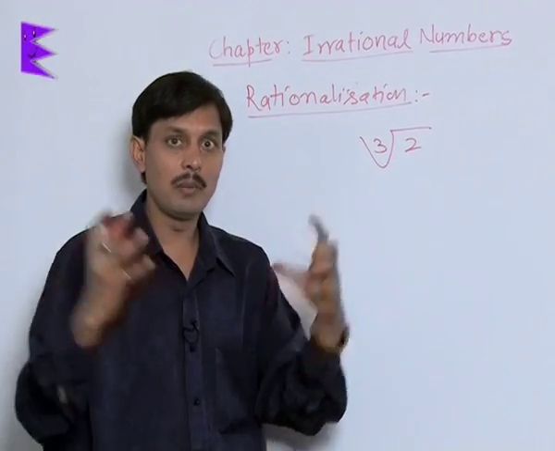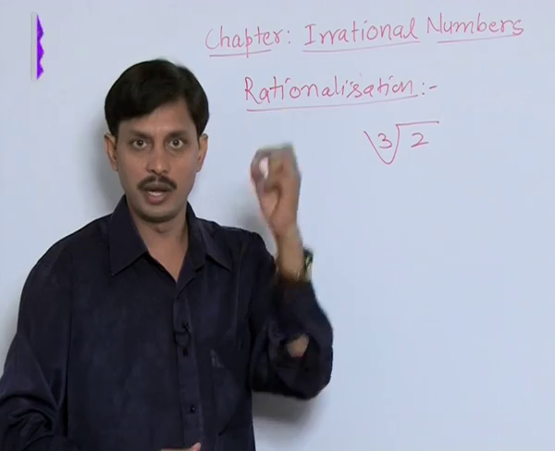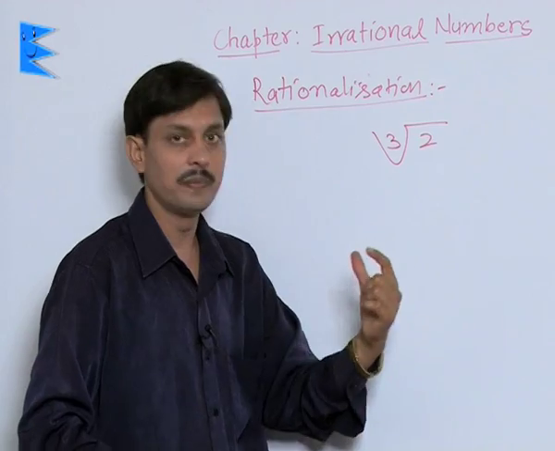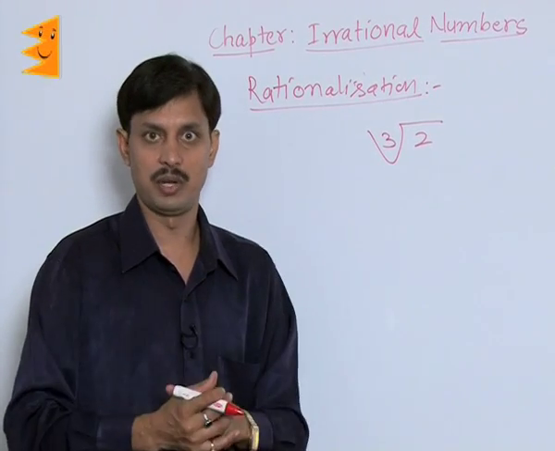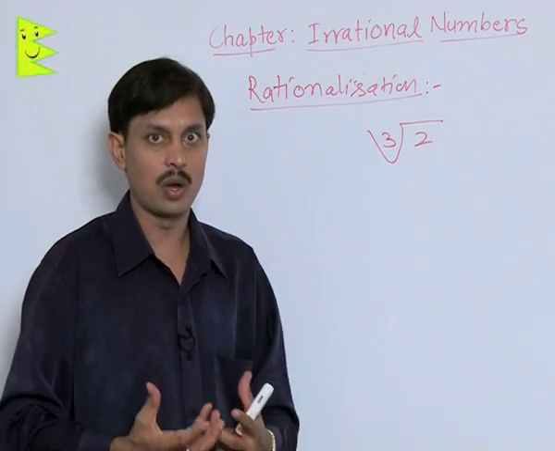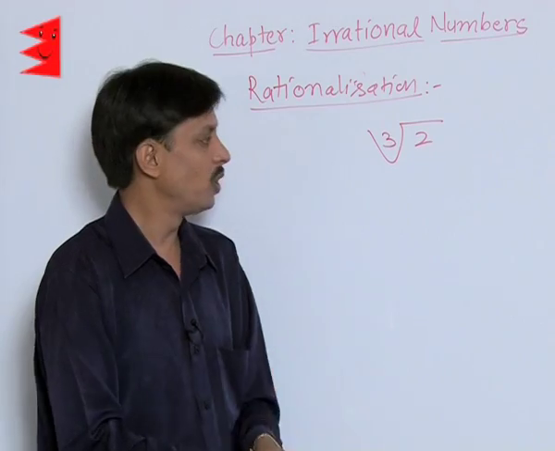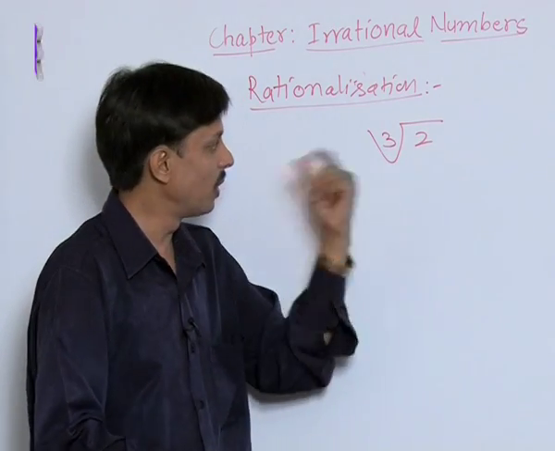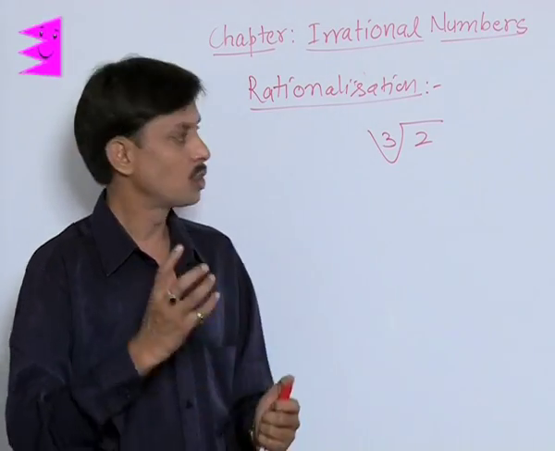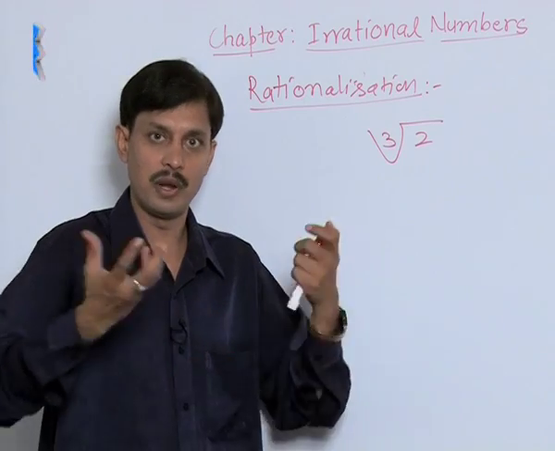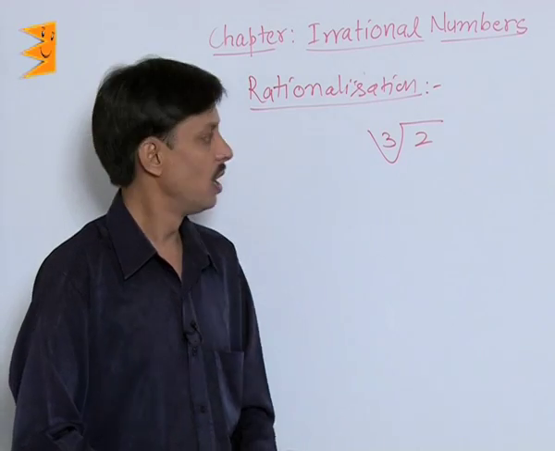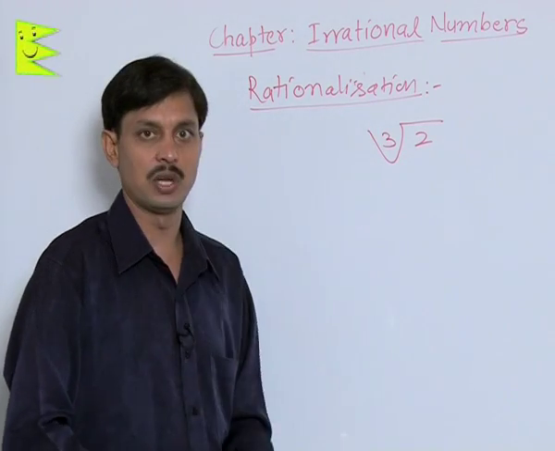Now, if I am looking for a number which, when multiplied, makes this surd a rational number, it means I am asking you for the simplest form of another surd which, when multiplied with the given surd, makes it a rational number. This kind of searching for numbers or irrational numbers is known as rationalization. Now the question is, how to trace such a number?